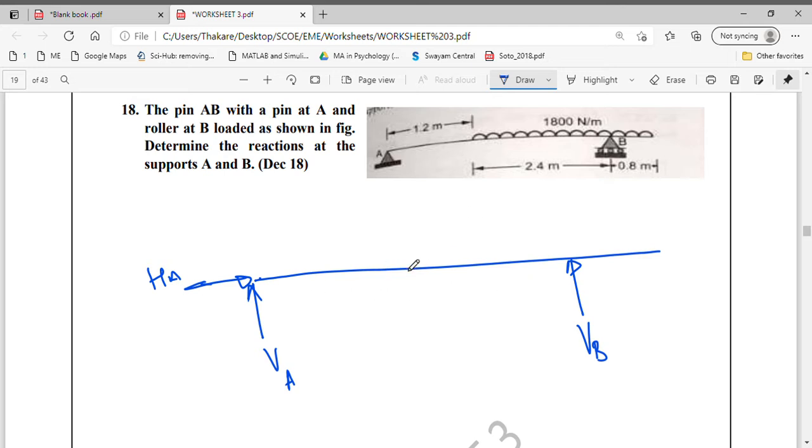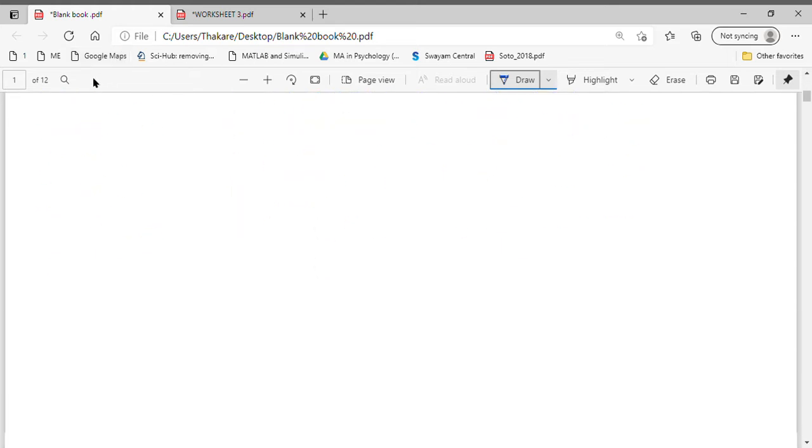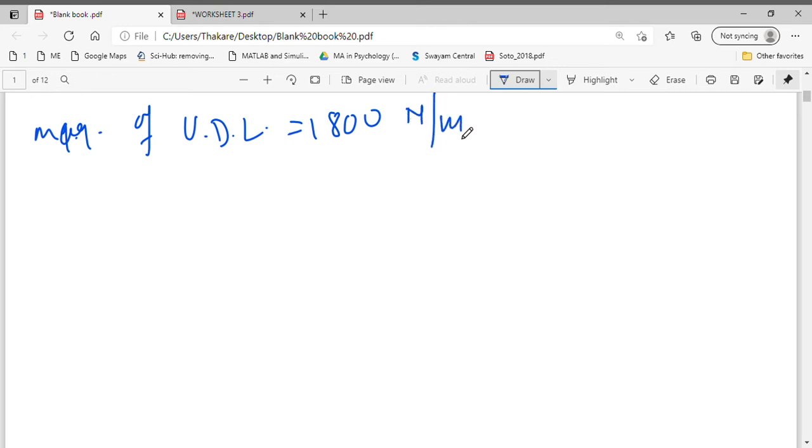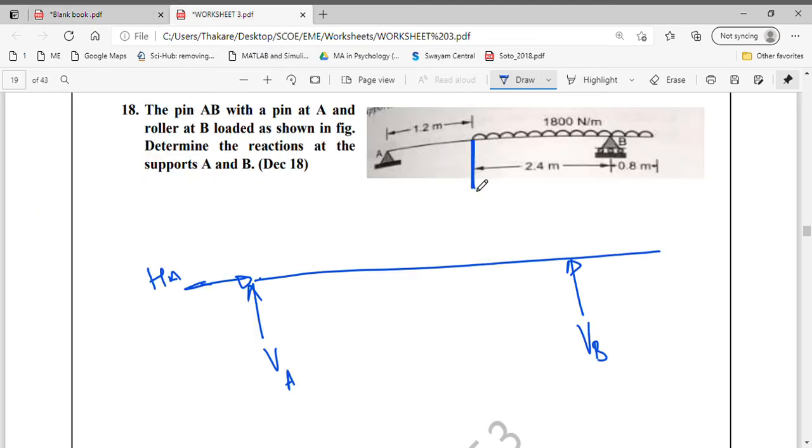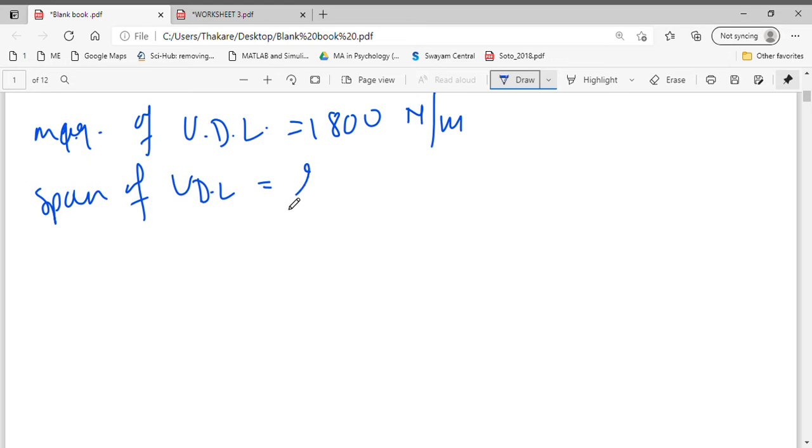Then you have a uniformly distributed load. There are no other loads, there is just a uniformly distributed load of 1800 Newton per meter. So the magnitude of the UDL, uniformly distributed load, is 1800 Newton per meter, and what is the span of the UDL? It is from this point to this point. So it is 2.4 plus 0.8, which is 3.2